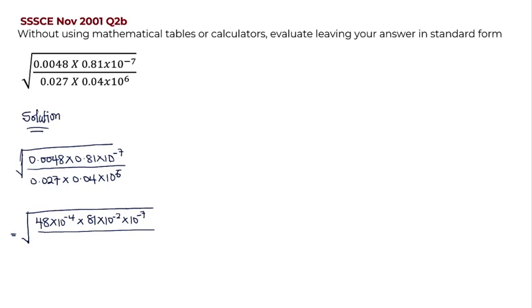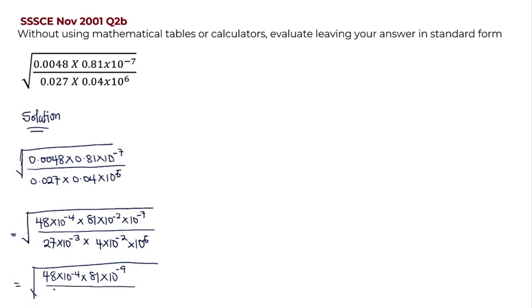All on the same thing I'm going to do here. Move the dot 1, 2, 3 times, so I have 27 times 10 raised to the power minus 3, multiplied by 4 times 10 raised to the power, I moved it 2 times, so it becomes minus 2, multiplied by 10 raised to the power 6. So this is equal to the root of 48 times 10 raised to the power minus 4 multiplied by 81 times 10 raised to the power, here is minus 2, here is minus 7, they are multiplying, so we add them, it becomes minus 9,